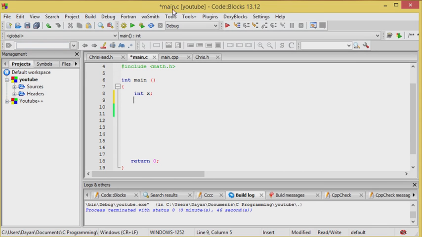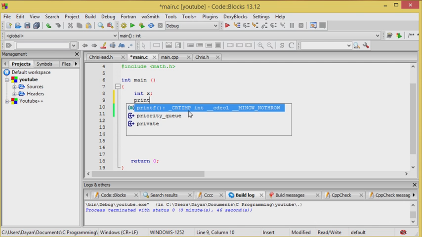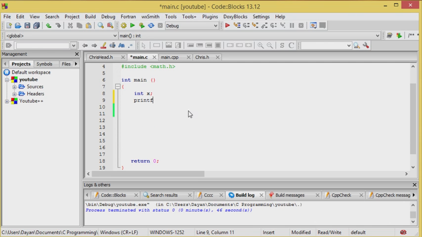Hi guys, so in this video we're going to create an if decision. Now I need you to get just an integer x, and I'm going to make it a little more user friendly, or a little more interactive I suppose would be better to use. I want to enter a number,